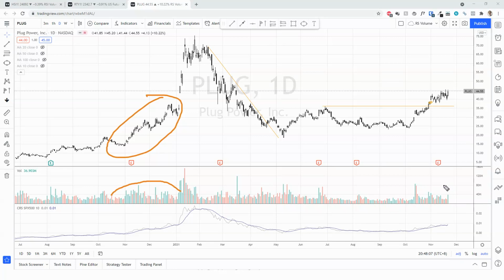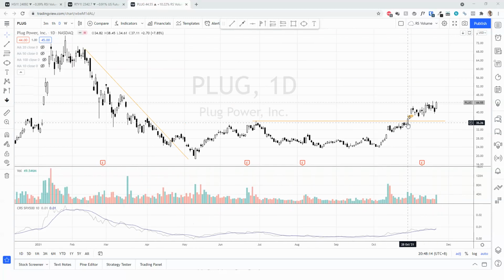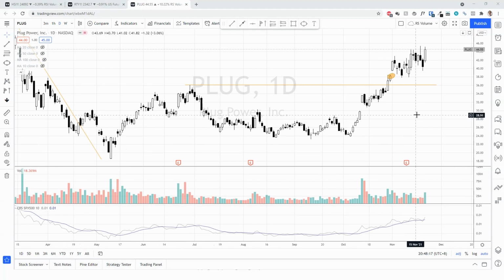So we probably can expect a similar kind of movement, at least in terms of beta. It's a big beta stock, a high beta stock. Let's just take a look at this. This is 10%. This is minus 3.7. This is minus 2.6. But the range is probably another 10%. This is 8%. So you can tell from the volatility here, 5 to 10% per bar is quite normal, right? Especially once it's in an uptrend.